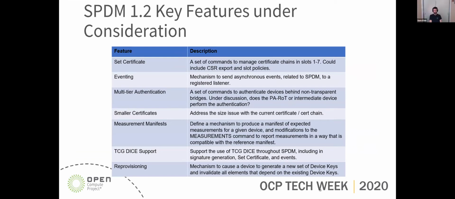One of the things that we've been looking at a lot is smaller certificates, especially if you want to bring in IoT devices and things like that. Trying to handle large certificates is just impossible. So what's your definition of a smaller certificate? A compressed X509, a binary version, or a new format?